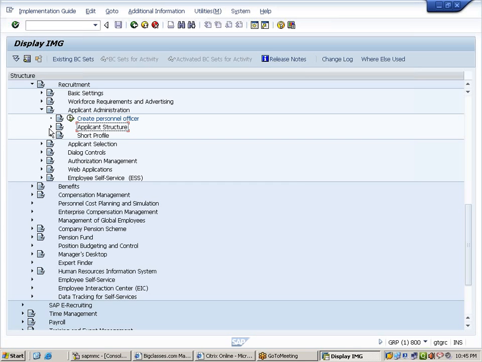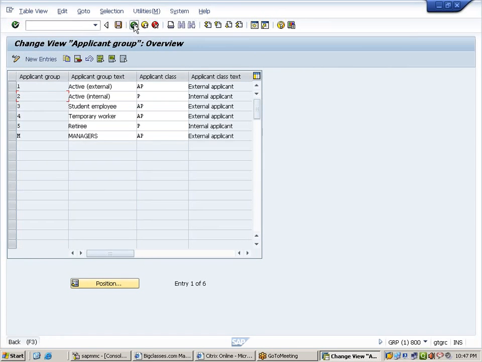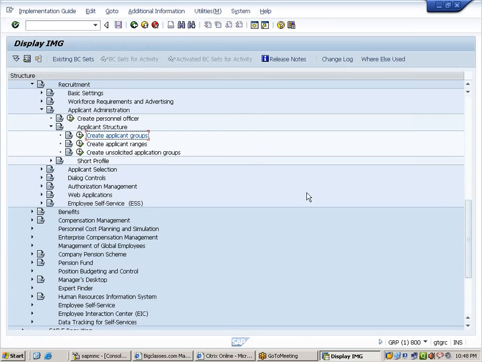Manager. So then I have to create an entry for managers and put the code there. Like this, you can create more than one entry in case the situation demands. And save. Back. Now go to